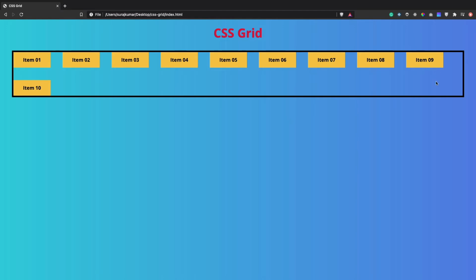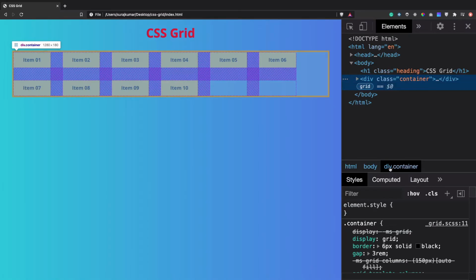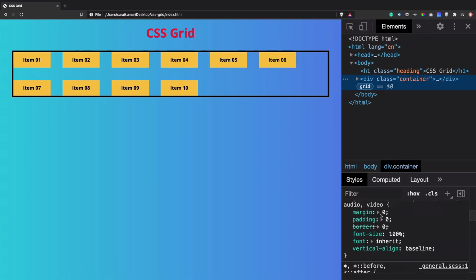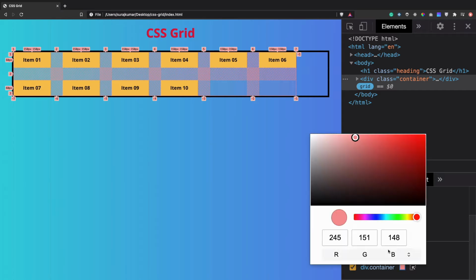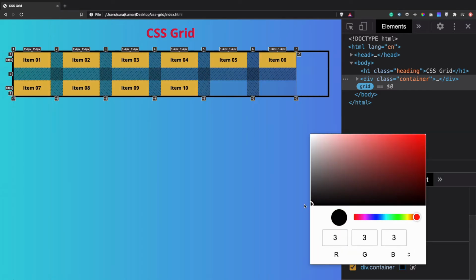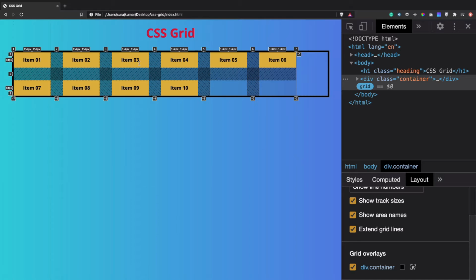Now if we inspect our page here, go to the layout and show the lines. Okay, cool. Let's make it black.